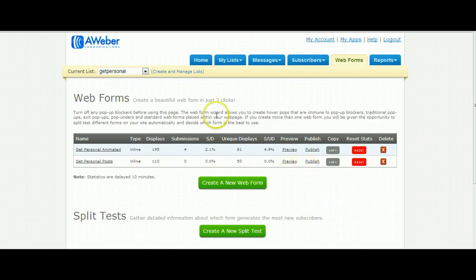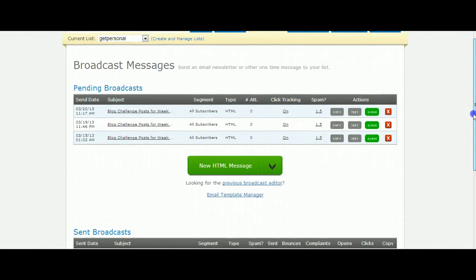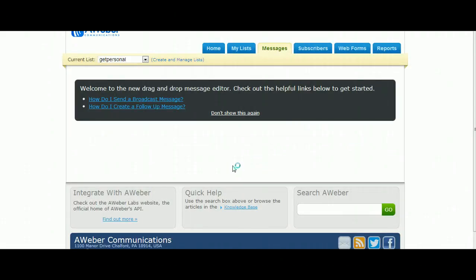When you go into Aweber, you said you're going to do a broadcast, so click on Messages, then go to Broadcast. When that comes up, you'll be asked if you want to use plain text or HTML. Me personally, I go to the HTML because I'll show you here. If you click on New HTML Message,